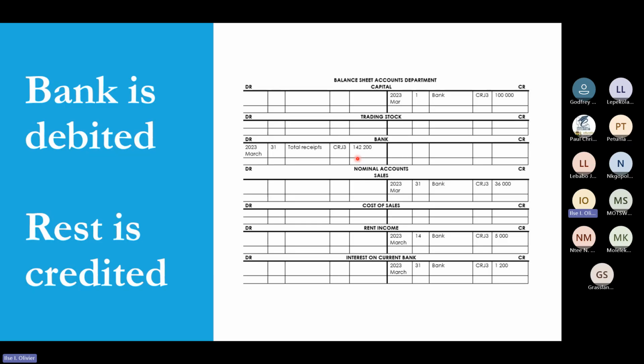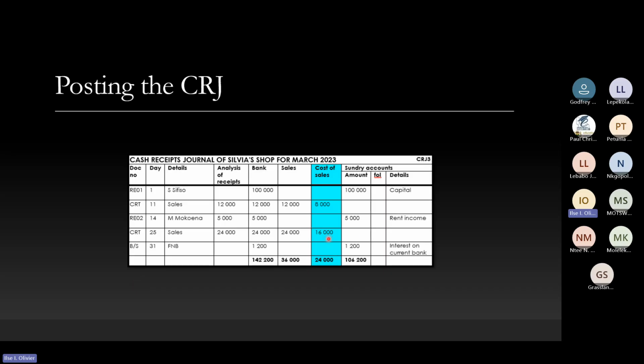But now we must go look at our cost of sales because we haven't looked at that yet. So if we look at our cost of sales, first we look at the day again. This is a column, so we're going to take the last day of the month. We still need our folio number, but now the sundry accounts do not become so important because we already posted that most. Okay, we said the cost of sales is linked to trading stock because cost of sales actually tells us how much trading stock was sold.